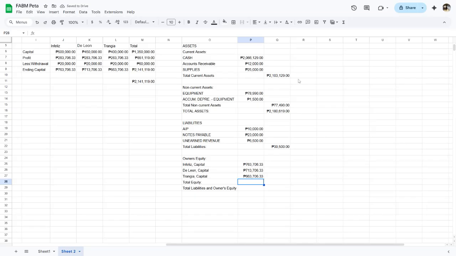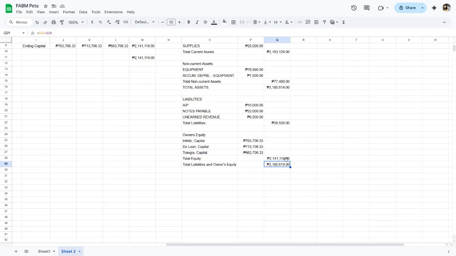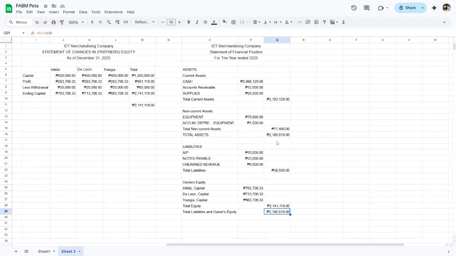The total equity would be the sum of all these three. Then to total the liabilities and owner's equity, we simply add these two. After solving the liabilities and owner's equity, we see total assets of 2,180,619